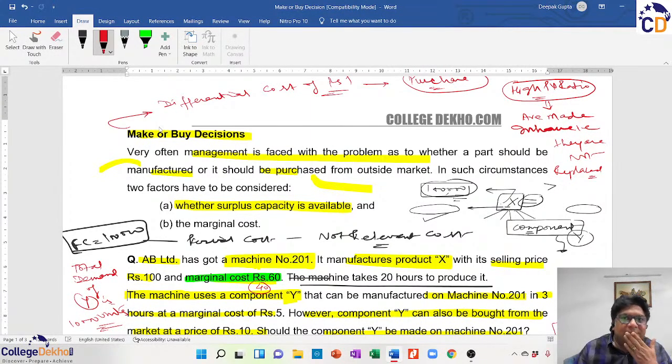तो अगर मारुति के केस में गाड़ियों के टायर आउटसोर्स हैं, इसका मतलब जिस रेट पर मारुति को दूसरी कंपनी से टायर मिल रहा है वो कम है in comparison to what Maruti could have incurred on creating the tyre, that is the explicit cost plus the contribution lost, and that's why tyres outsourced हैं, टायर्स कहीं और से आ रहे हैं।